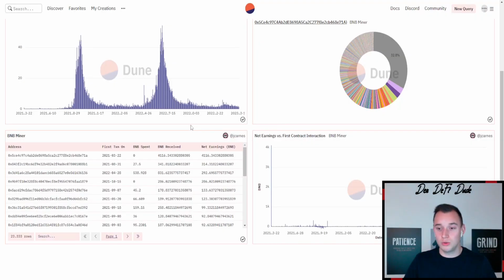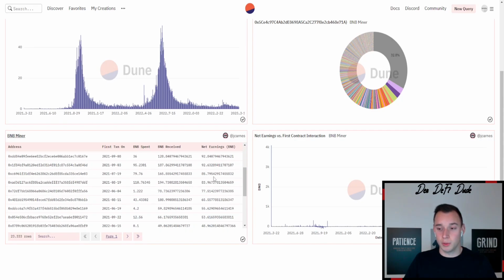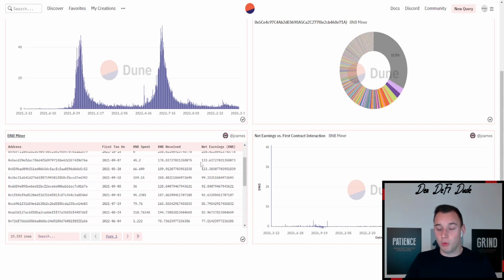And if we jump over to the Dune dashboard to give you another example, those are the most profitable wallets. And all these big wallets here, which made big net earnings, so net profits, are considering this as a long-term play. And it doesn't really matter at which point you jumped in. Even if you catch the peak and went in right here, if you still did your reinvestments all the way down and not turned your back on the project, and we will see another cycle, you will still earn